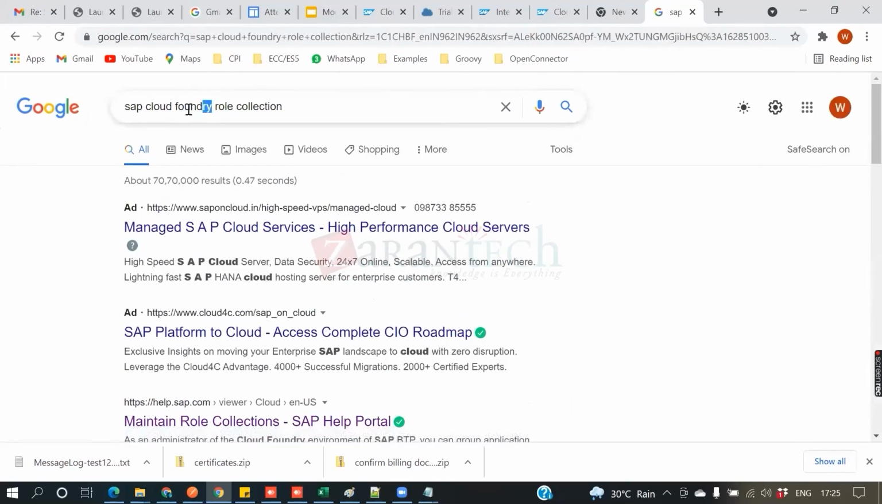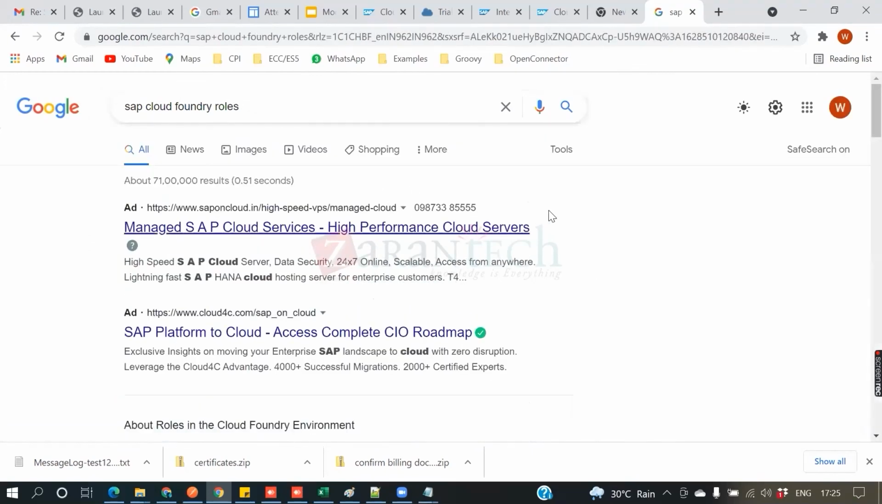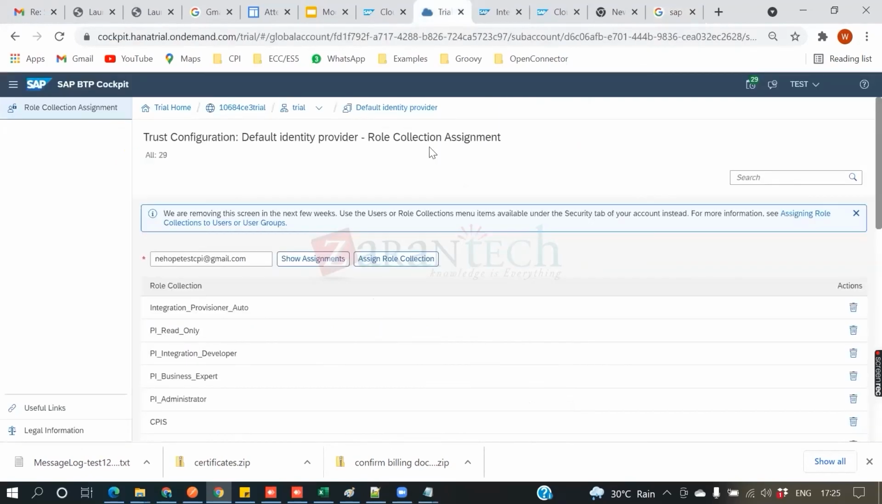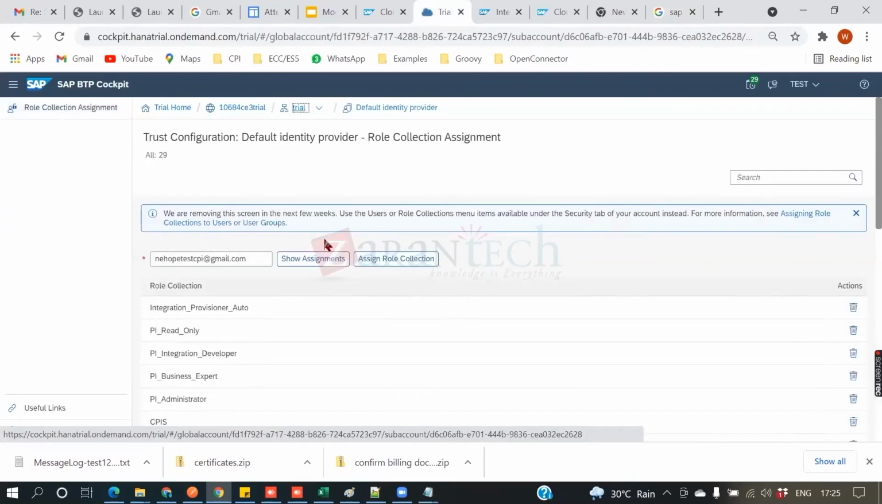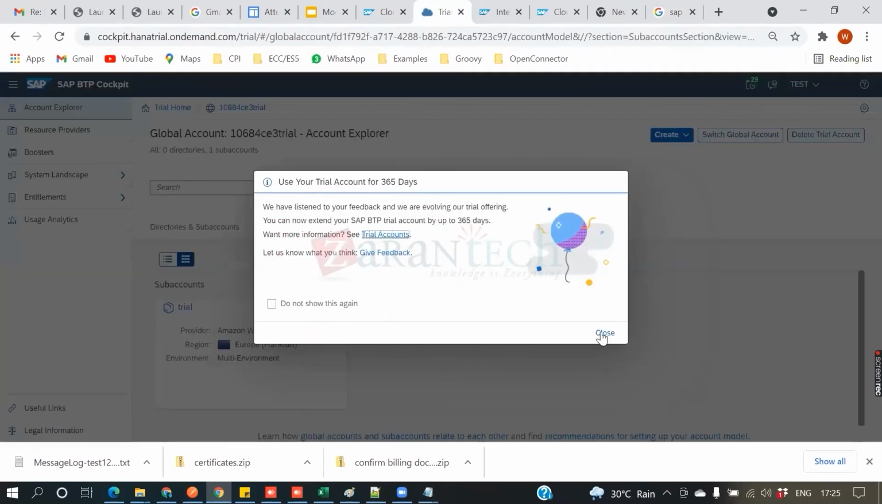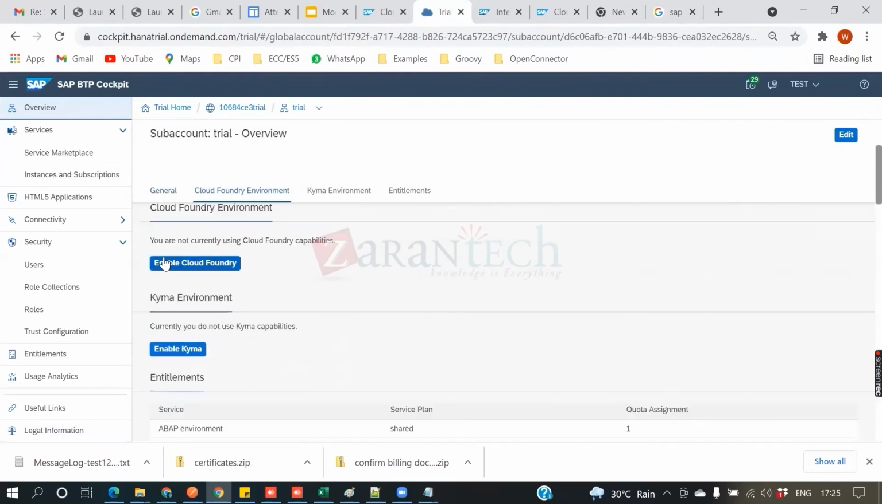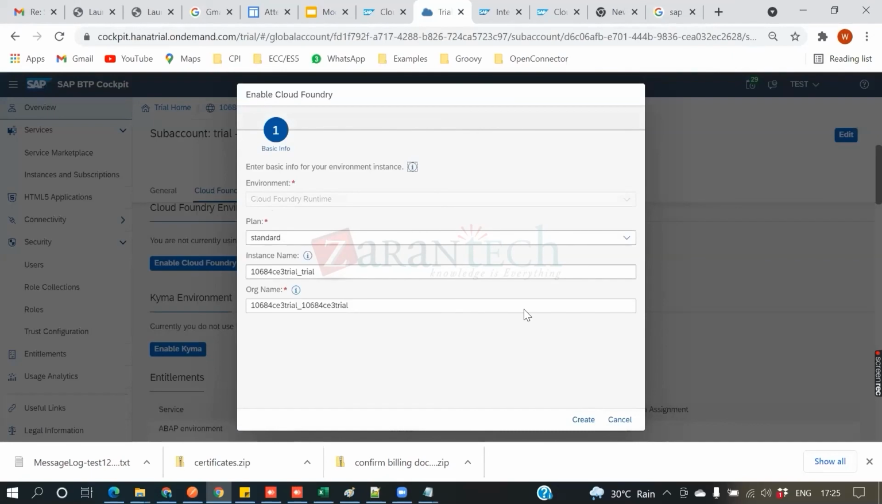And here is one more thing you have to remember. Now we are using Cloud Foundry. Before that we had the older one, Neo, N-E-O. The infrastructure, the design and everything is completely different. Now, if I go to trial and click on this option, I can see Cloud Foundry is enabled, right? Now I'll just close this